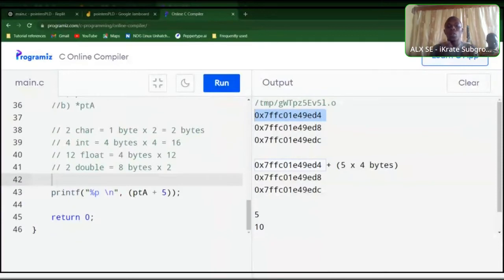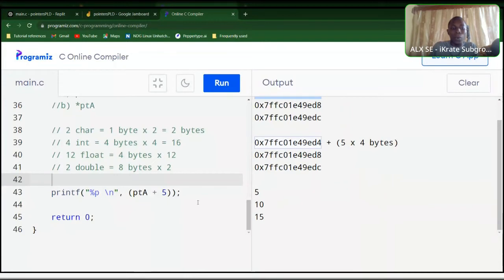Your computer automatically decides which address to assign to your pointer or to the variable that you have created. For that matter, I'm going to refresh it and it's going to change. But we know that after changing whatever value that we get, the A will just take note of A address. And when we come down here, we are going to get 20 bytes added to the address of A